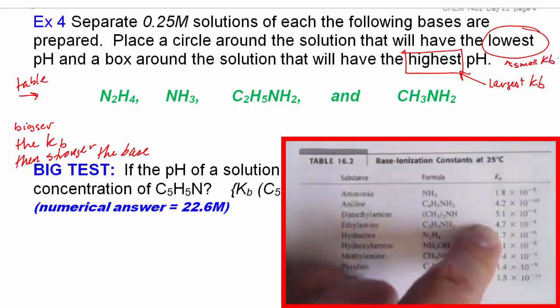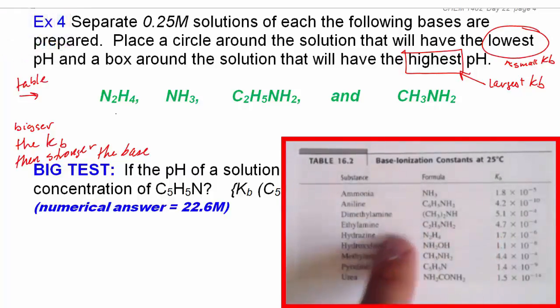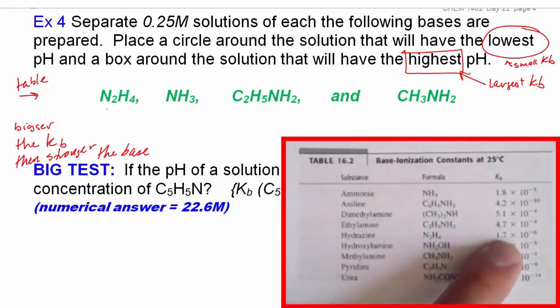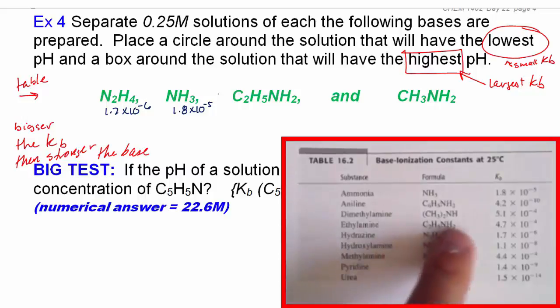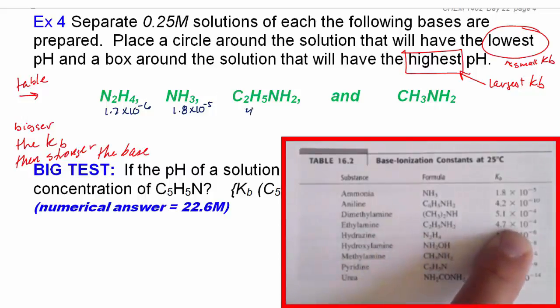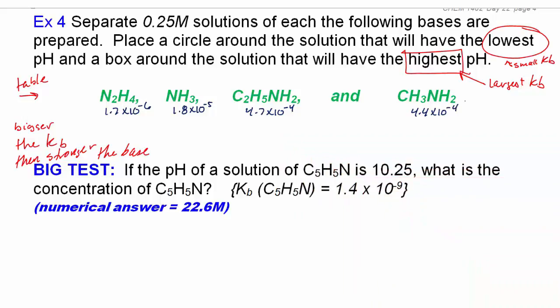Okay, so let's just list out our Kb's and you should be able to figure this out. So hydrazine, 1.7 times 10 to the negative 6. Ammonia, 1.8 times 10 to the negative 5. Ethylamine, 4.7 times 10 to the negative 4. And methylamine, 4.4 times 10 to the negative 4. So the largest Kb